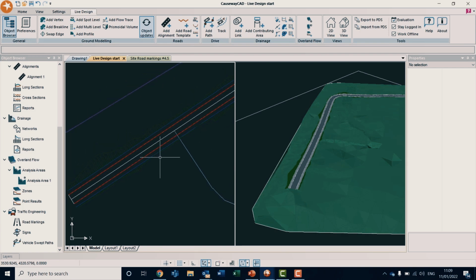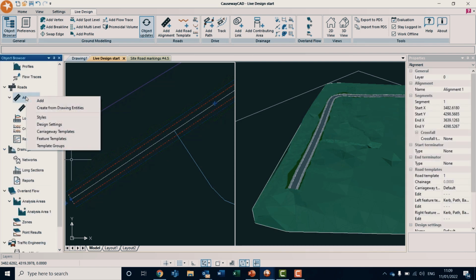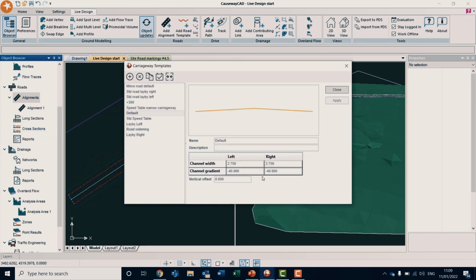So if we go into the alignments at the top, this alignment here, do a right-hand click. If we go into the Carriageway templates. Yes. So these are the Carriageway templates that we've got. At the moment, this is the default, but you can have, and what I've done here is I've built up laybys, I've built up so that you can group things like speed tables, and you can group templates together. So you can just drop a